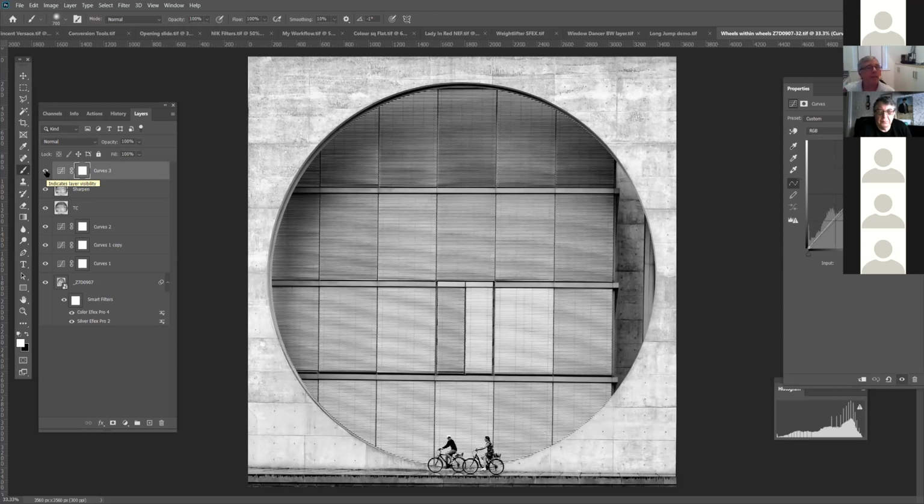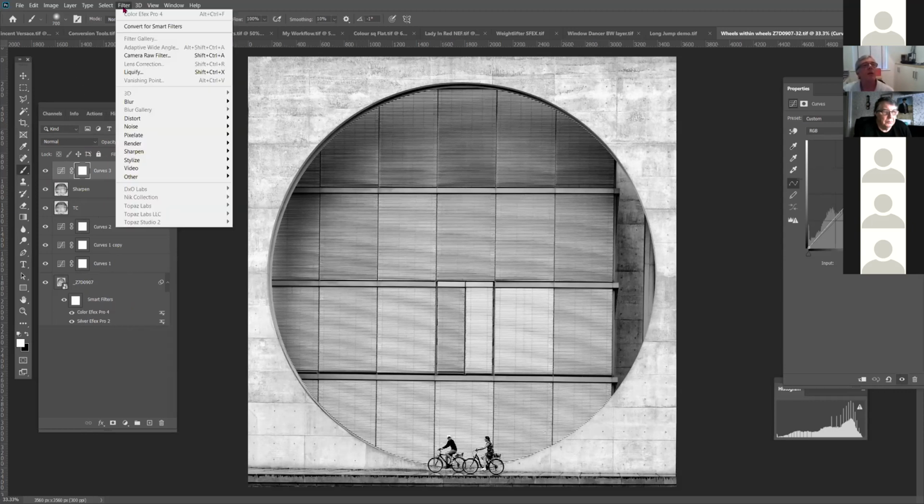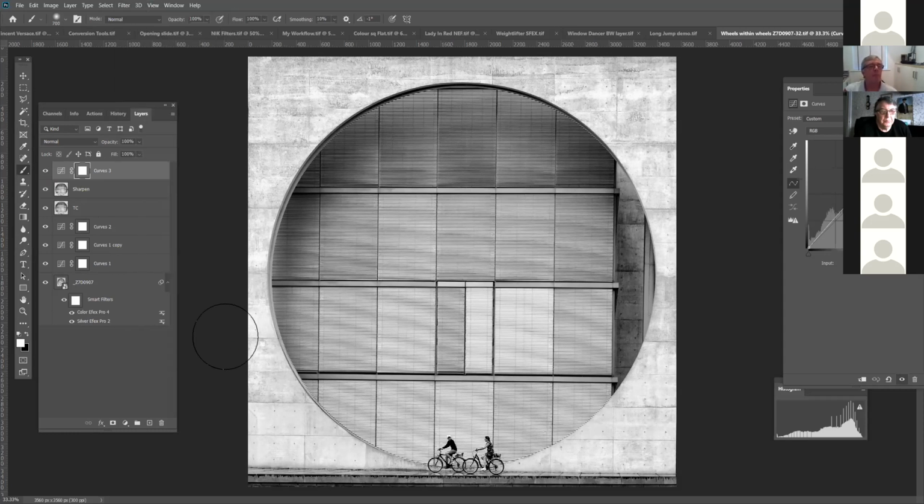Now down here, you can see this probably looks different to most of you. I added a smart filter. On the base layer, before you add your Topaz or Nik filter, if you convert that layer to a smart filter, I'm not going to do it again because it'll drive it mad, but if you convert it to smart filter, it means you can go backwards. So if I didn't like what I did in Silver Efex Pro,